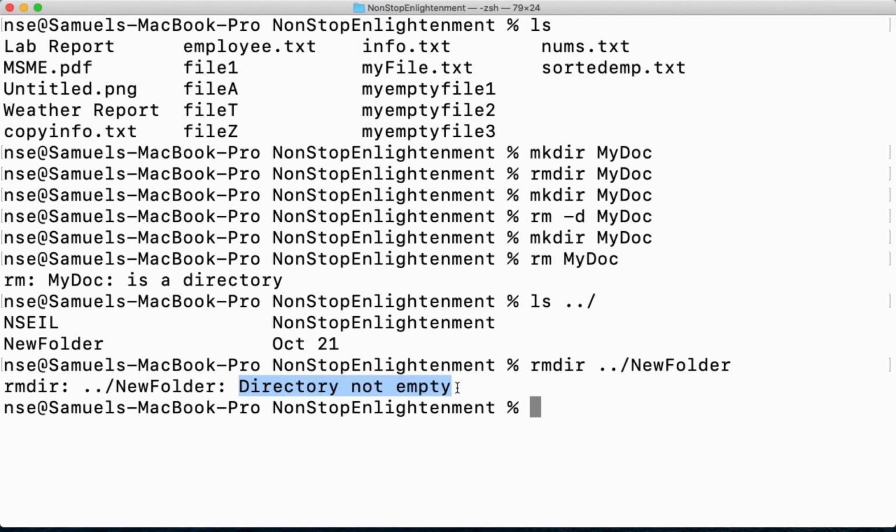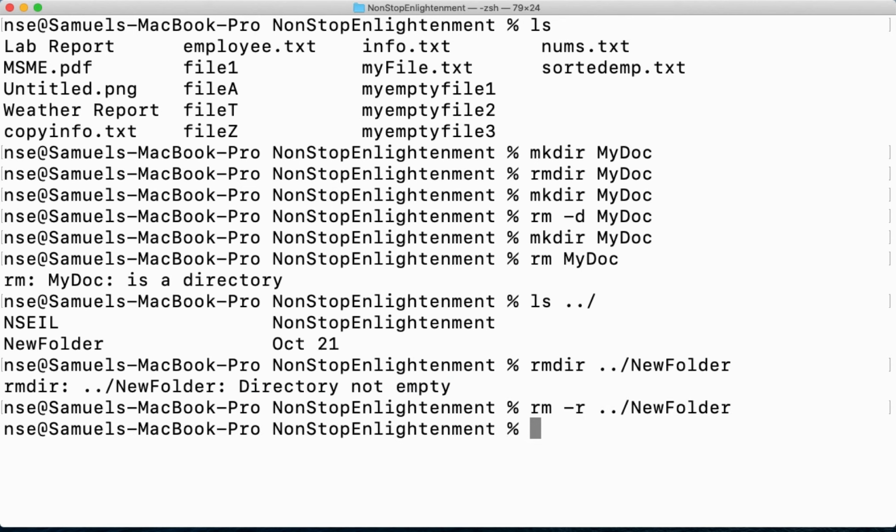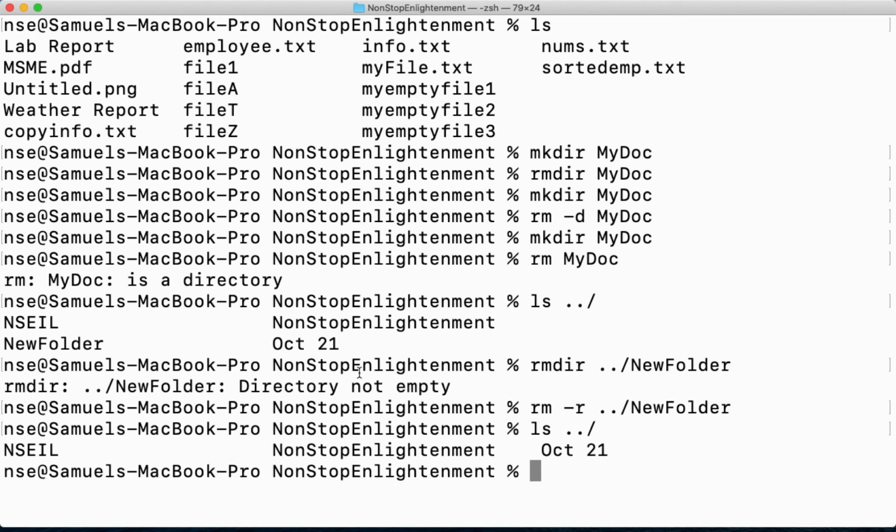Here this is not an empty directory, but if I want to delete a directory and all its contents, I can just say rm -r. This will help me completely delete that directory. Let us see whether it is there or not. Now it has been removed.